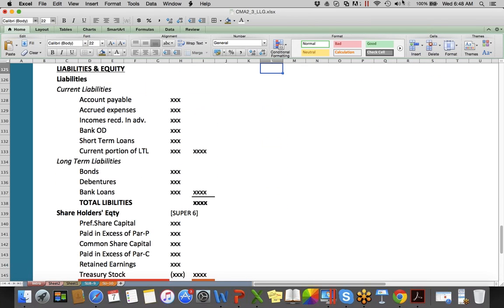Next, we move on to liabilities and equity. Liabilities are again classified into current liabilities and long-term liabilities based on their due in the business. A liability which is due within an operating cycle, which can be a week's time, 10 days, 15 days, maximum within a year,